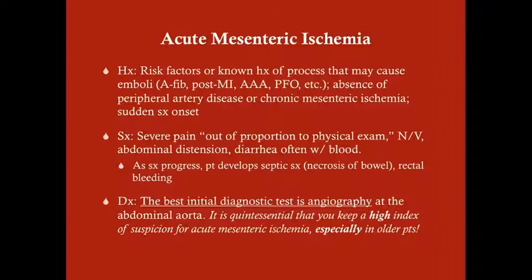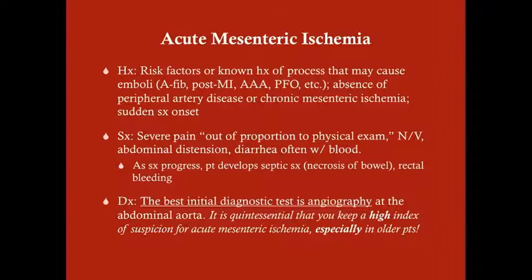75% of these patients also have nausea and vomiting, and that's usually just due to the severe pain. They may also have abdominal distension. They could also have diarrhea, and oftentimes that's going to be with blood. Why is it going to be with blood? Because you're starting to have some initial necrosis of your colon, and so that's going to put blood into the stool. And so if you can get a stool sample on these patients, if they do have a bowel movement, you're going to want to get right on that and check it for blood,